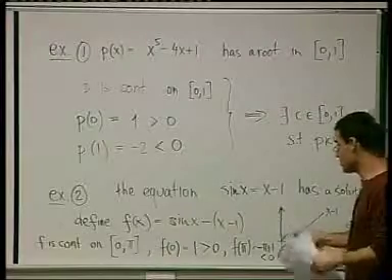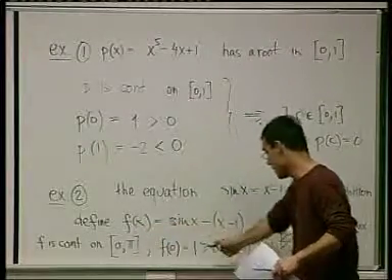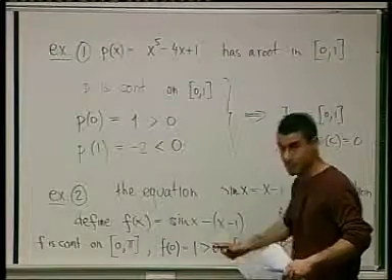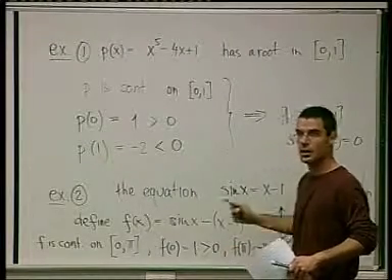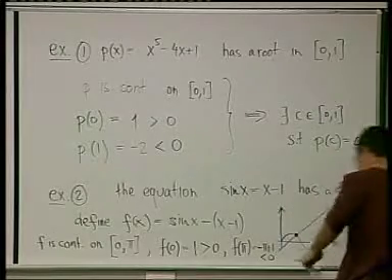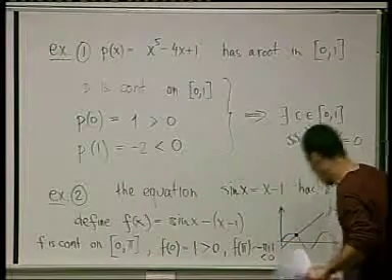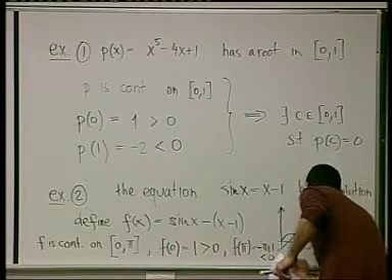By the previous theorem, a function continuous on a closed interval, negative at one end point, positive on the other, has a root. So, therefore, let's see if I can wrap up this class without leaving the board. Therefore,